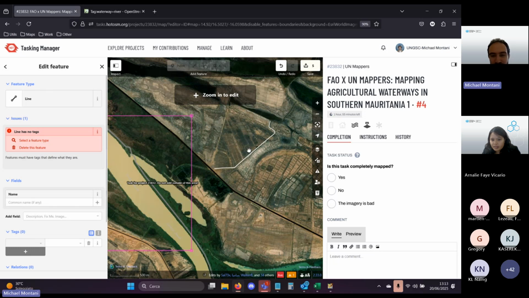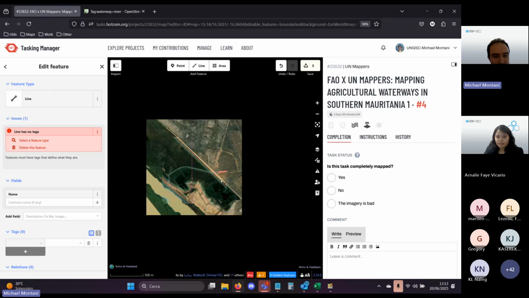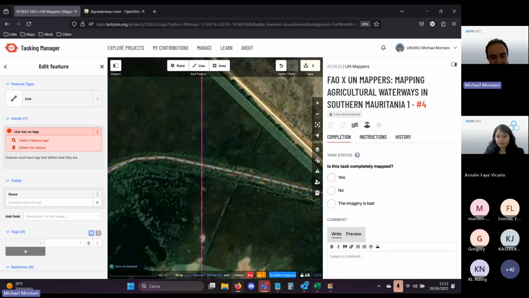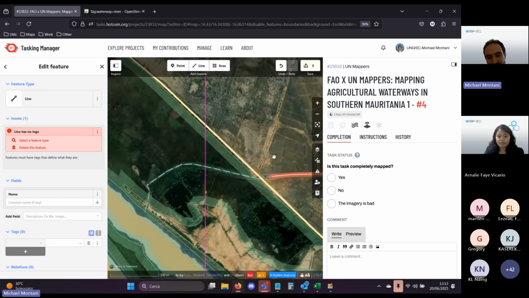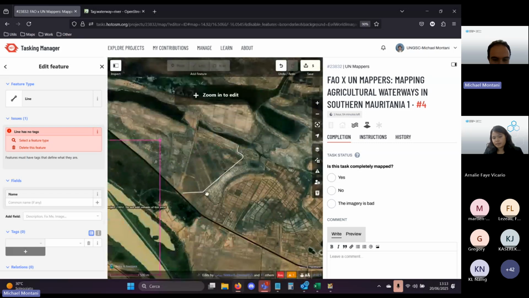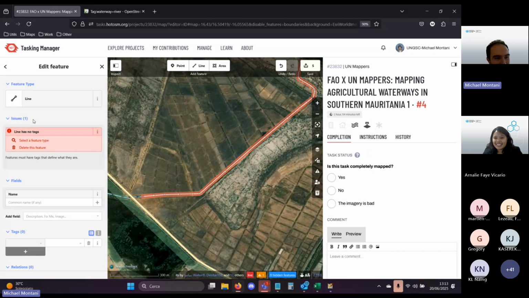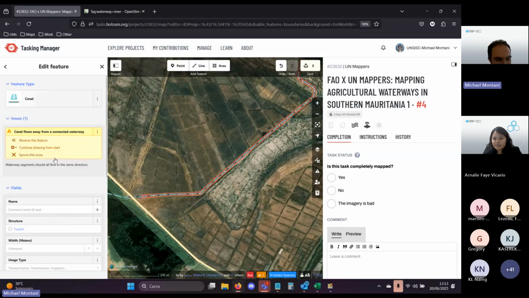I hope nobody took the adjacent task to me, but ideally you should only focus on mapping whatever is within your bounding box, and at least continue a little bit outside of it, so that whoever is mapping on the adjacent task can also use your feature. So my bad, this one will be upgraded to canal, and I will reverse also the feature.